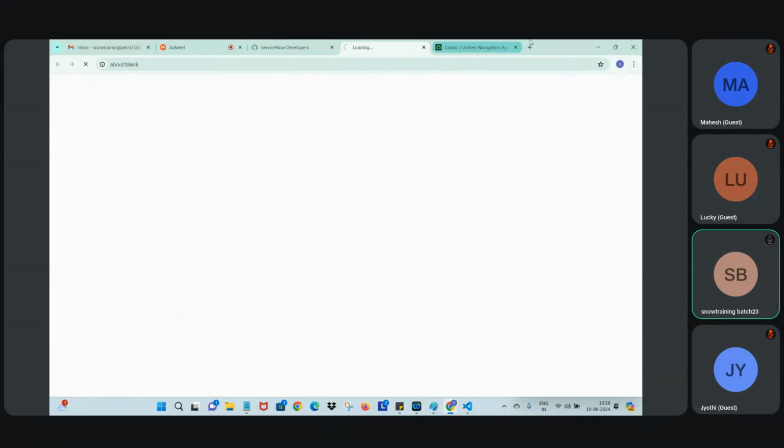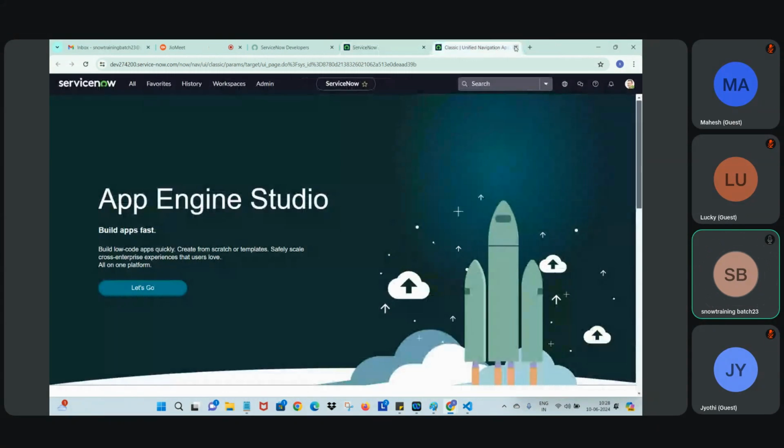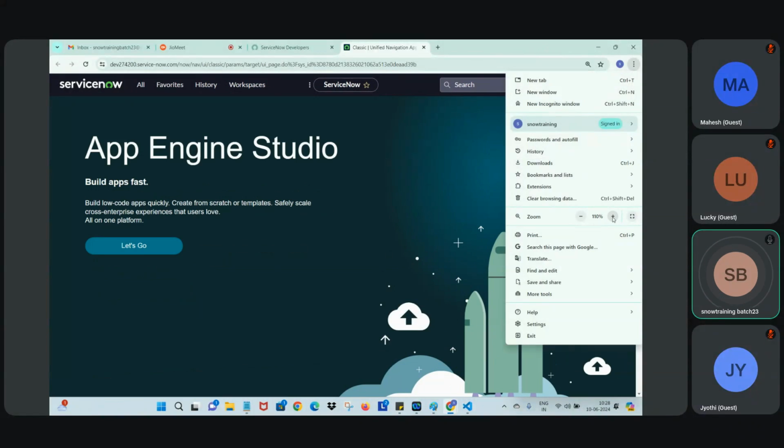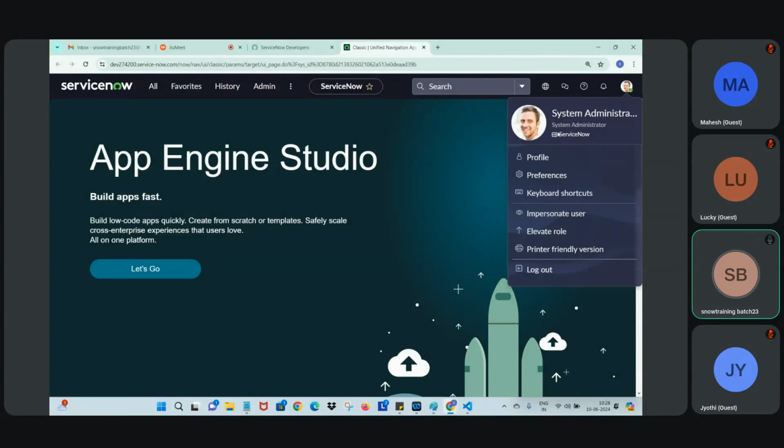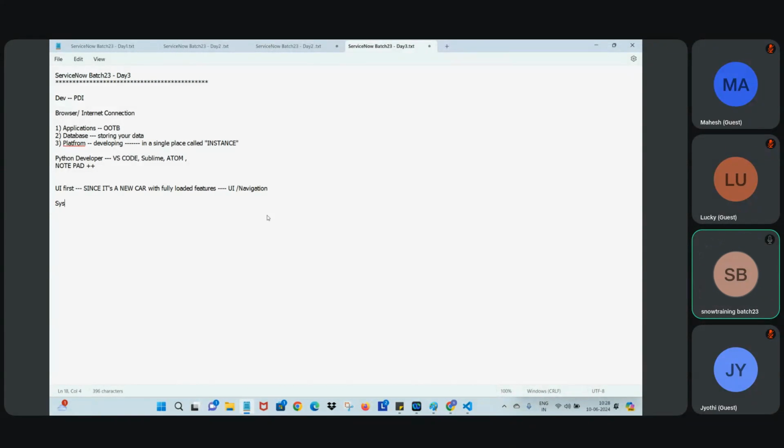I click on this, and this is the place I'm landing in. Now, let me just zoom in a bit. See, the moment you log in, on the right extreme, you will see the profile. You will see one icon on the extreme right, which is System Administrator. Now, what is this System Administrator? System Admin, the System Administrator, is the superior role